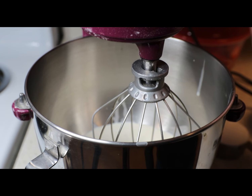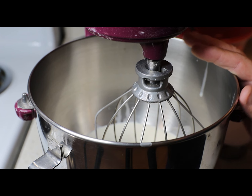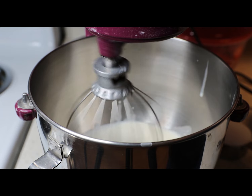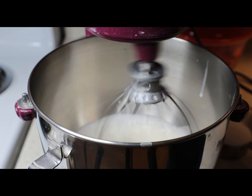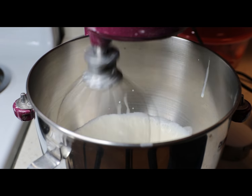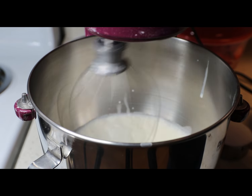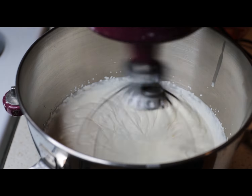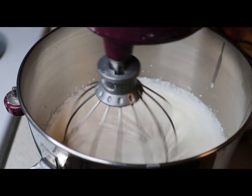Now there is nothing easier or better tasting than homemade whipped cream. All you have to do is, I've taken a pint of heavy cream, started my mixer. You can do this by hand, you can do it with a hand beater. All it takes is a little bit of time. You want to start to get those bubbles into this heavy cream. Now once you've got some air into it, starting to liven up, I'm going to add a teaspoon of vanilla,